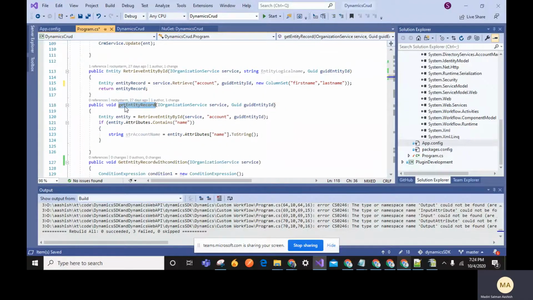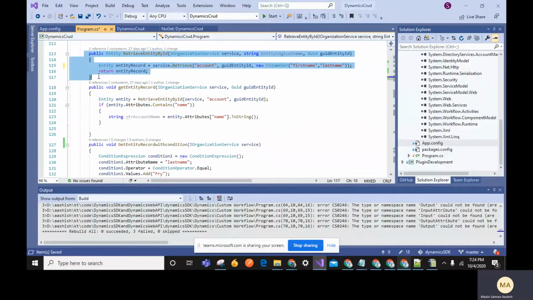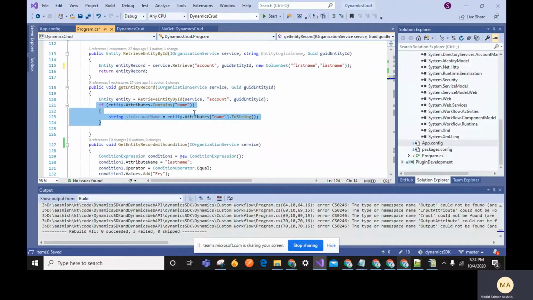And the third one is, suppose you want to retrieve the records by ID. It's also the same, but we will see how to retrieve the record. Here we are writing an ID, right? Here I wrote a common method. So here I'm writing a global one, like suppose I'm calling this method, and I'm calling the service from here, and I'm giving the entity record and the GUID. It's an internal function which I'm calling here, and I'm getting the fields like this.